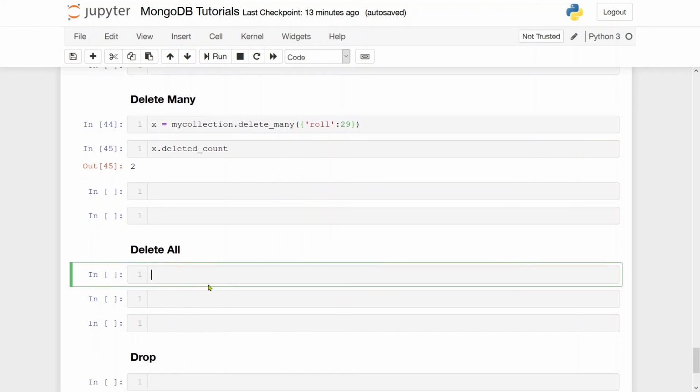So how to delete all the records at once without defining any specific condition? The syntax is very simple: my_collection.delete_many. In this case, we just have to pass an empty curly braces here in the delete_many function. We don't have to specify any condition. If you execute this, all the documents will be deleted. I won't be performing it now because I want to save those records for future purposes. But if you execute this line, it will delete all the documents present in the collection, but the collection won't be deleted.